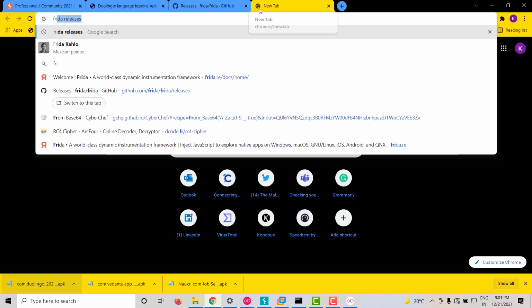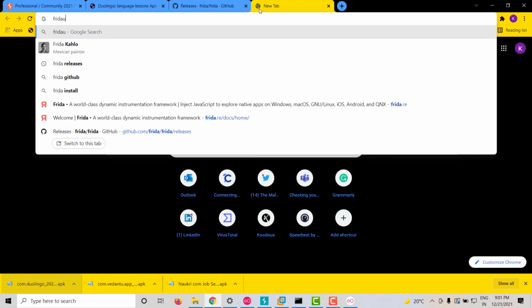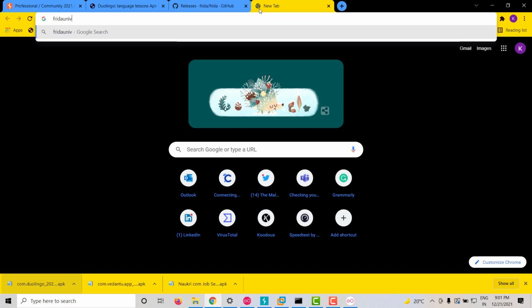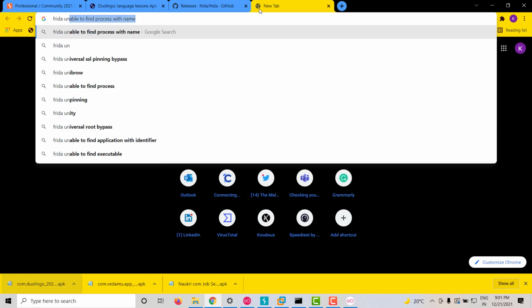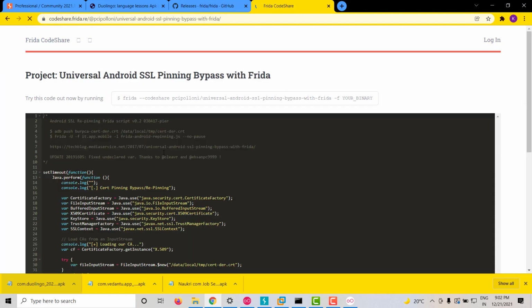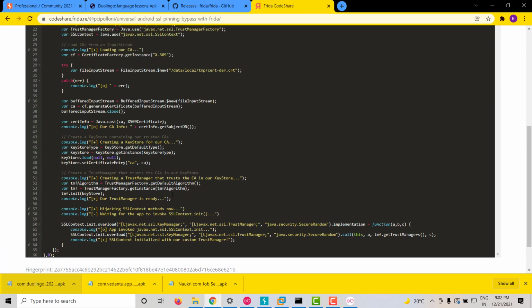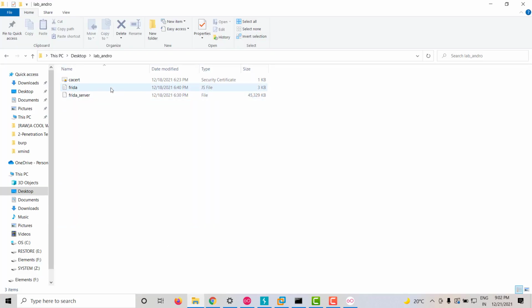Okay, like this Frida universal bypass script is the JavaScript code which will help you to bypass SSL of any application. Not any application, 90% of the applications will get bypassed with this code. Okay, you have to copy paste this code and create a JavaScript file. I mean, you have to store it locally in some folder from where you will be